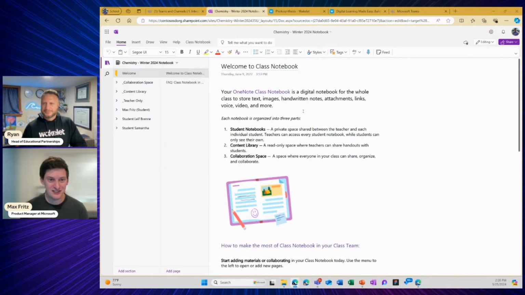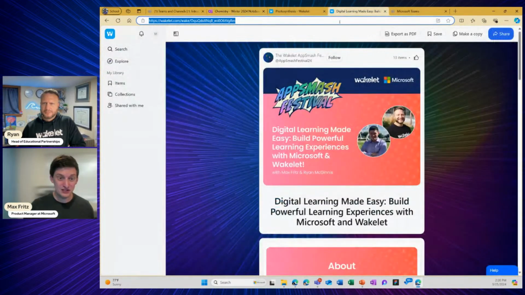Here we are in our OneNote notebook. This happens to be a class notebook. This could be a personal notebook. It could be any OneNote, no matter what. You could be on your iPad. You could be on your Windows device. You could be in Edge like you are here. Doesn't matter. Let's take that link to our wonderful AppSmash Festival